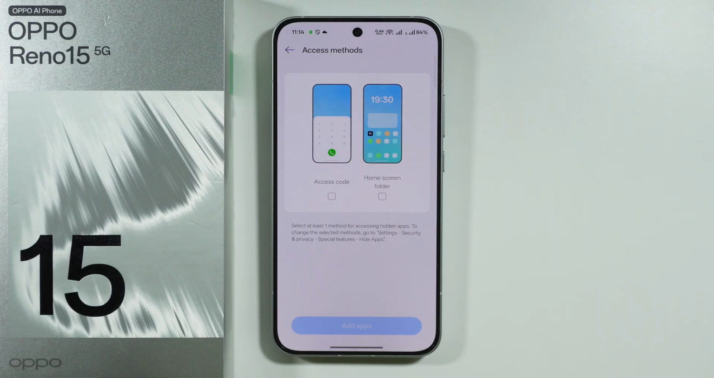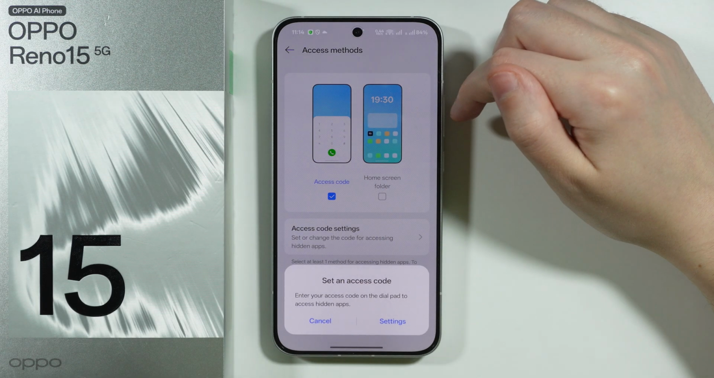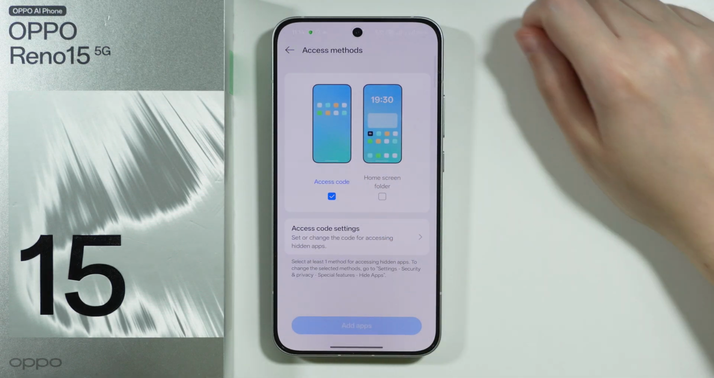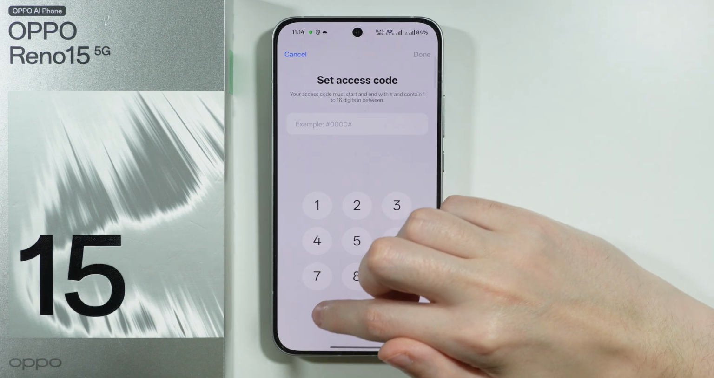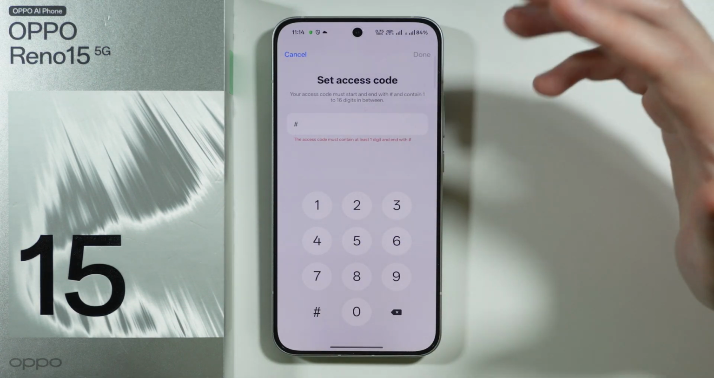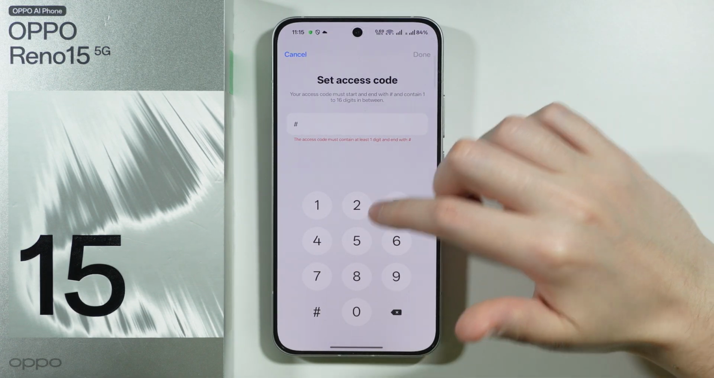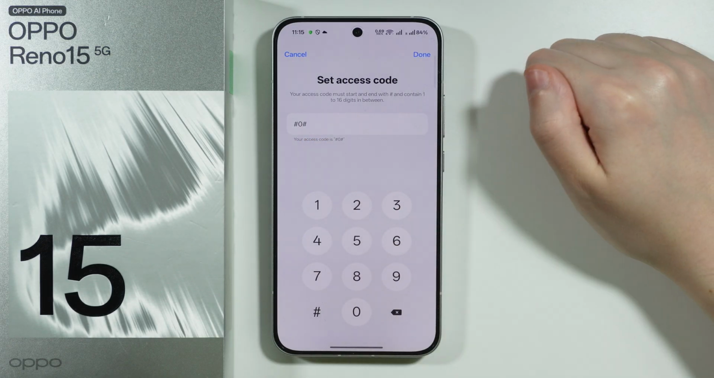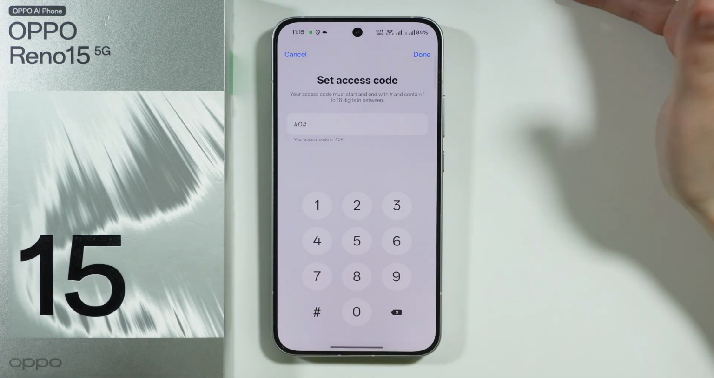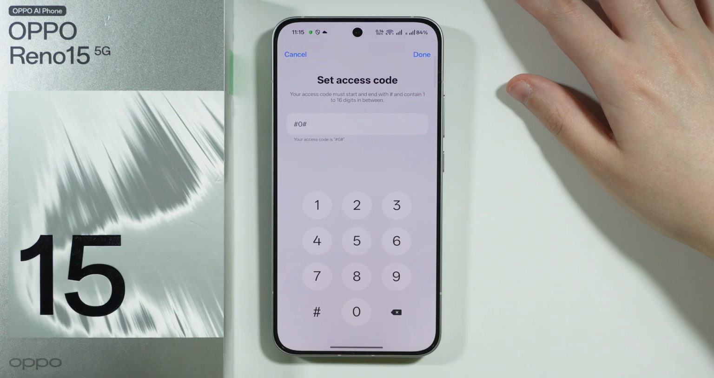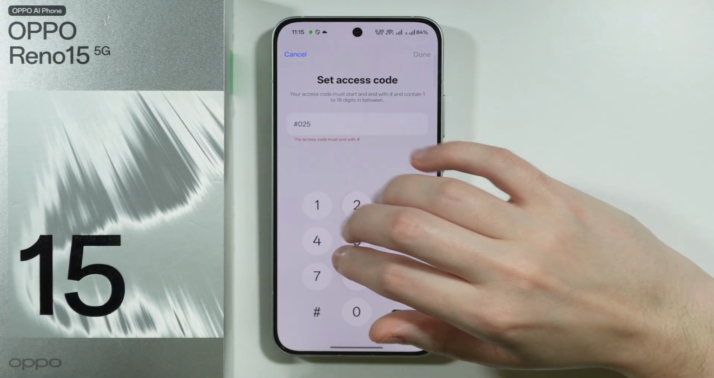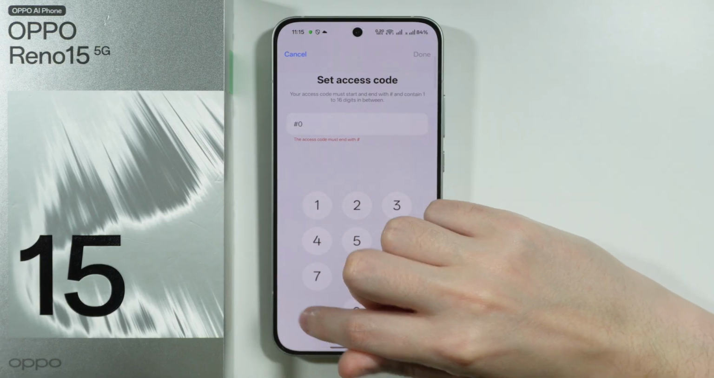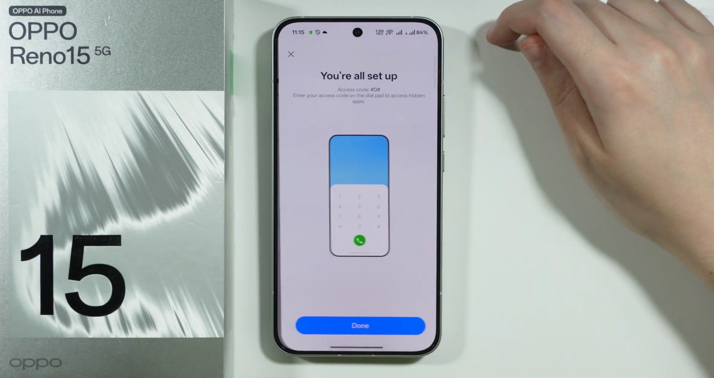Now we have the access method, so you can choose an access code. And if you choose access code, we need to tap on Setting in here, and we need to provide the access code that we want to use in order to open those hidden apps. So in this case, we need to provide a number that will be inserted between these hashtags. This can be pretty much any number that you want to use. In my case, I'm just gonna use 0. It can be much longer, of course. It can be like a combination of different numbers, something like that, for example. But in my case, I'm just gonna keep it simple and tap on Done in the upper right corner, and